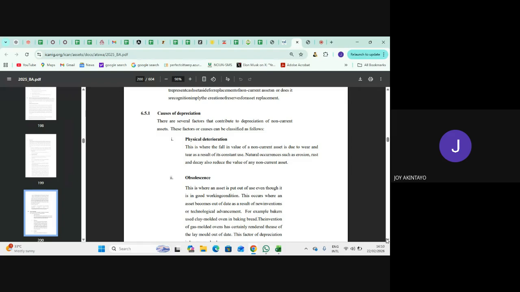Now let's quickly move on to the causes of depreciation. Like I said, we have physical deterioration. This is where the fall in value of an asset is due to wear and tear as a result of constant usage. That is, when you use your assets often, then physical deterioration will set in. Then we also have obsolescence. Now, what do we mean by obsolescence? This is where an asset of